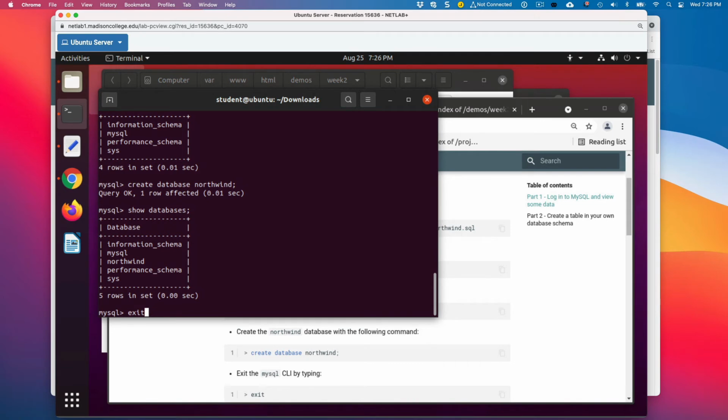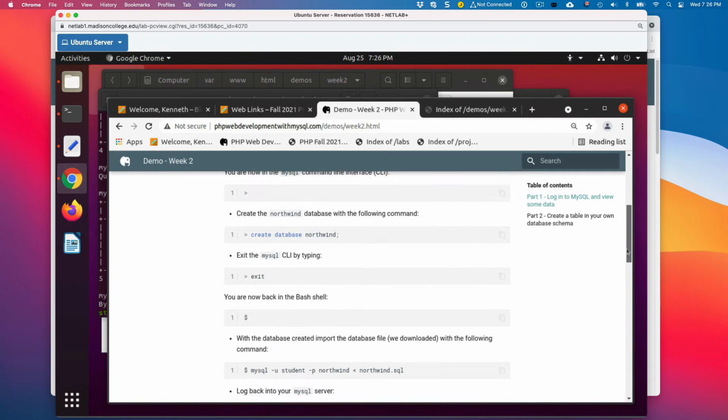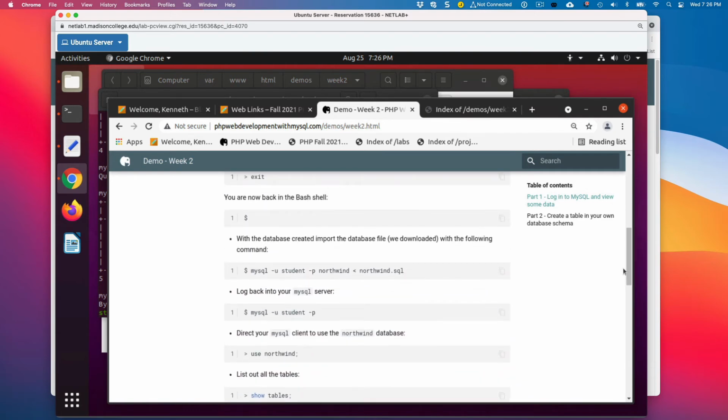So I need to exit out. And we're back now at the Bash shell. And now I want to run MySQL, and I have to give it my credentials. I have to do this again, -u, -p, it'll ask for the credentials. But what I am telling it to do on the Bash shell is I'm saying I want the MySQL command to work on the Northwind database, but I've got this funky left angle bracket and then that file that we just downloaded, northwind.sql.